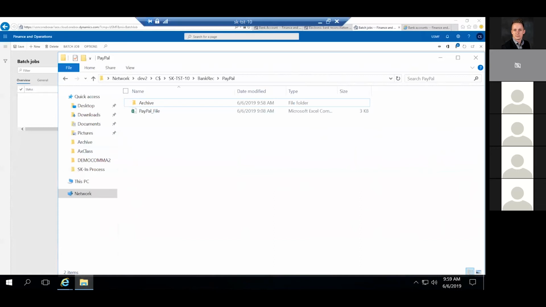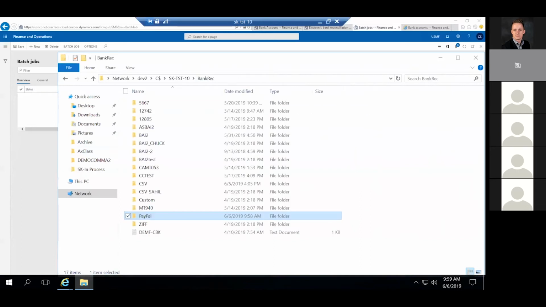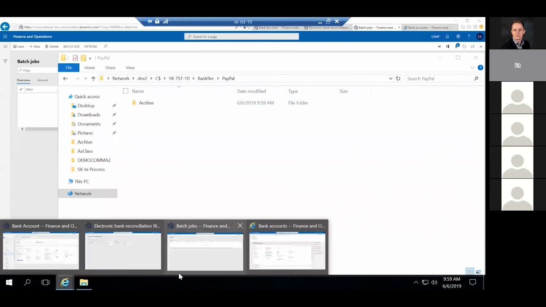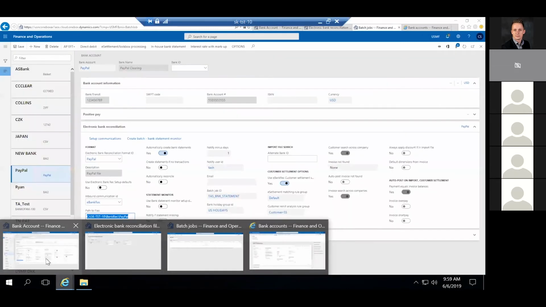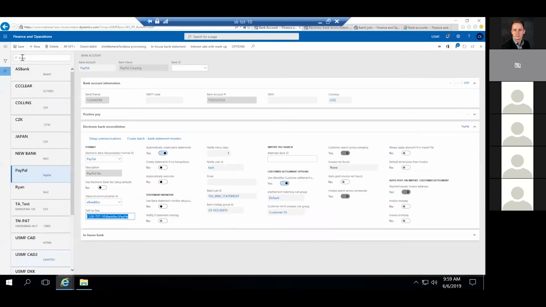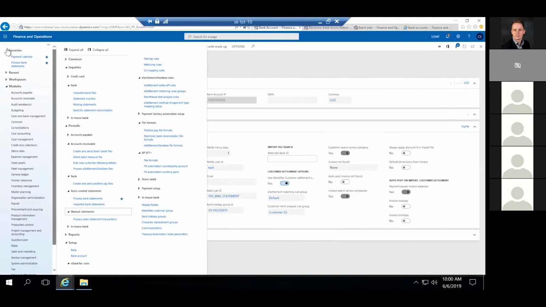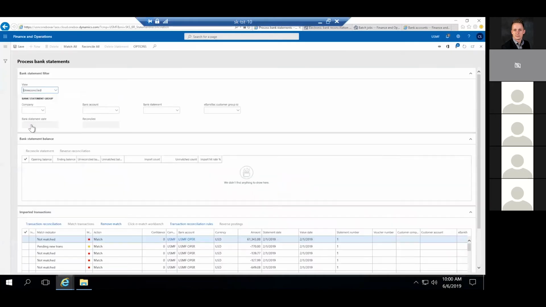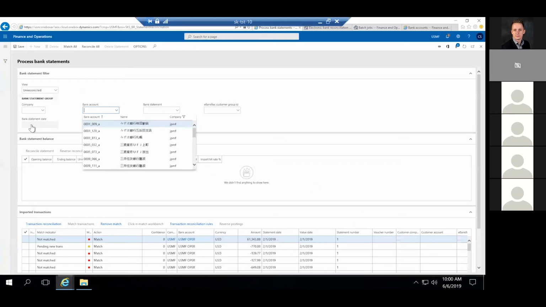We got it dropped in. Let's refresh. So you can see it consumed it out of there. So now we're going to go into the bank reconciliation process. And again, we'll drill into this a little bit, but this is our bank reconciliation screen. So if we pull up the PayPal bank,